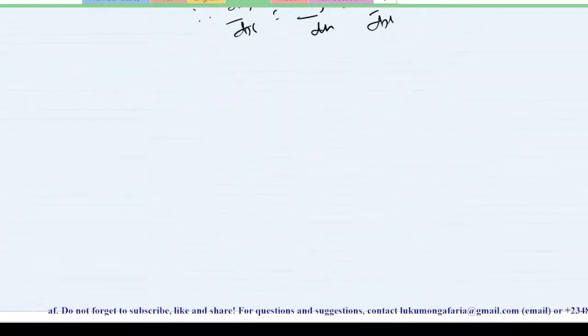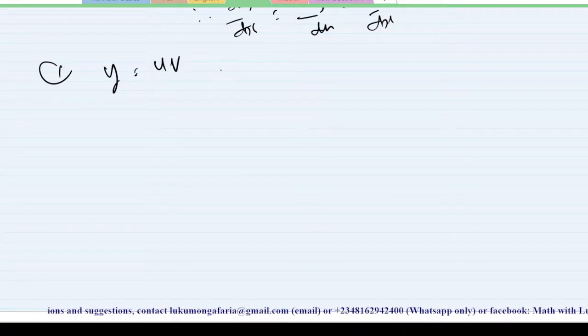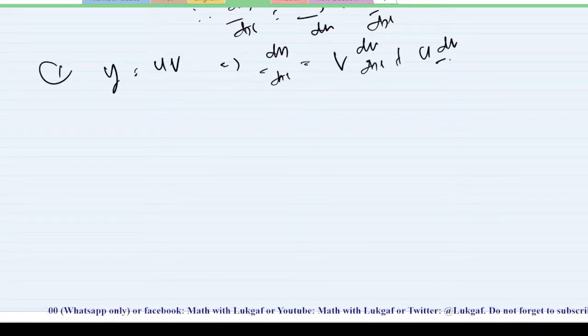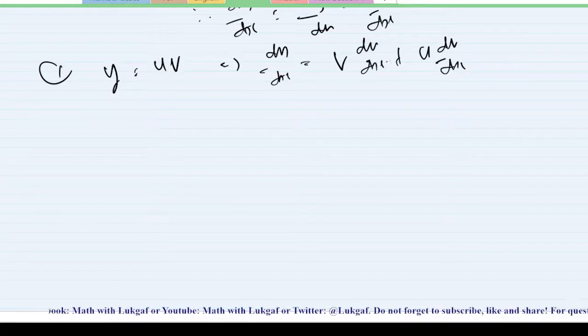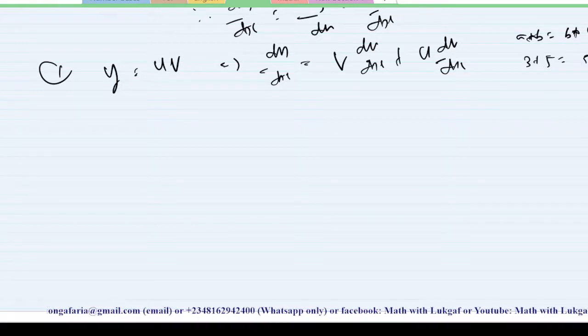But if you check all three approaches, number one, I have the product rule, where y is equal to uv. I said my dy/dx will be, in summary, v du/dx plus u dv/dx. You can also write it as u dv/dx plus v du/dx, since addition is commutative. Don't forget, commutativity is when you have A operation B, the same thing as B operation A. For example, addition is commutative because 3 plus 5 gives the same as 5 plus 3. You understand? In essence, you can bring this one first before this. So it is the same thing.